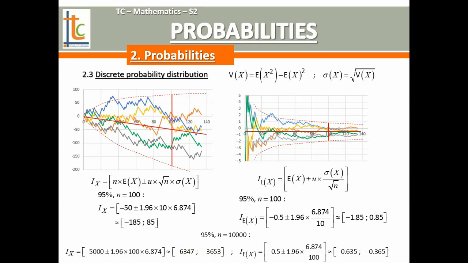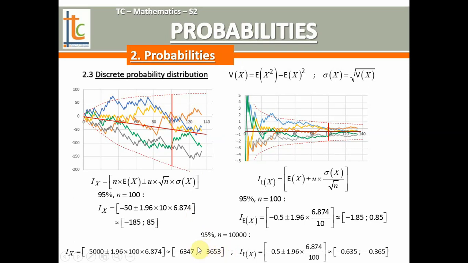So you could say that you will never play this game 10,000 times, but you could be the organizer of this game. You could put it online, and maybe the players could be on the internet, and maybe you could have a lot of players. If you want to forecast what could happen for a lot of players, this confidence interval tells you that